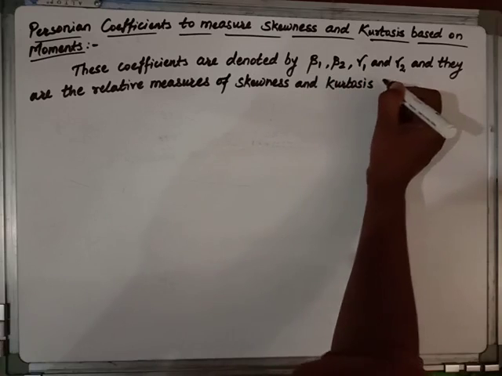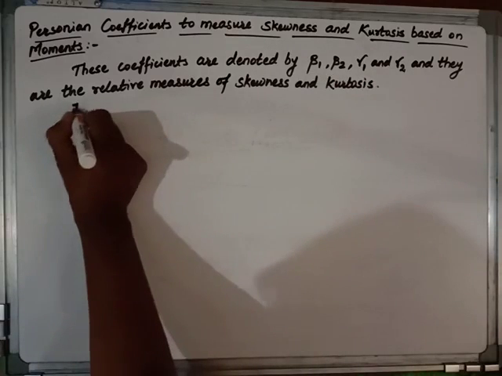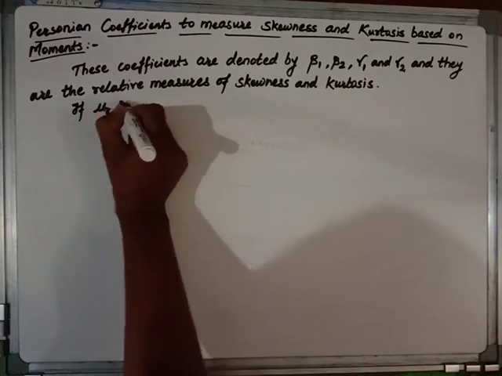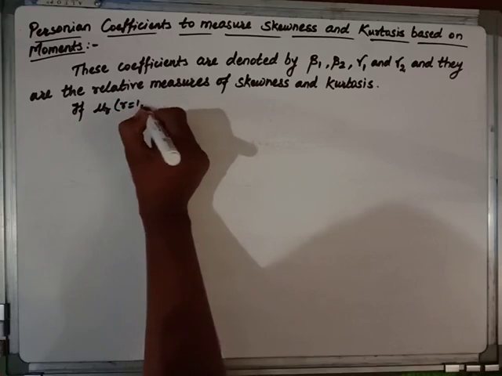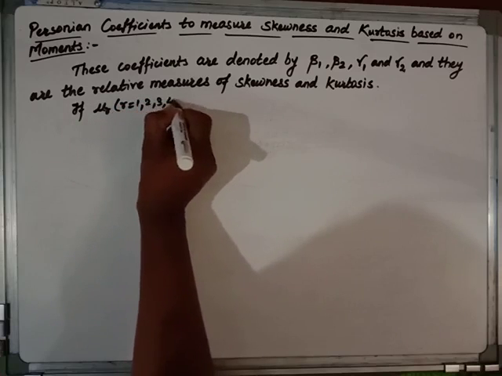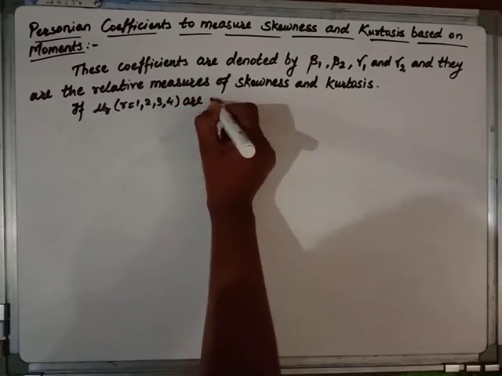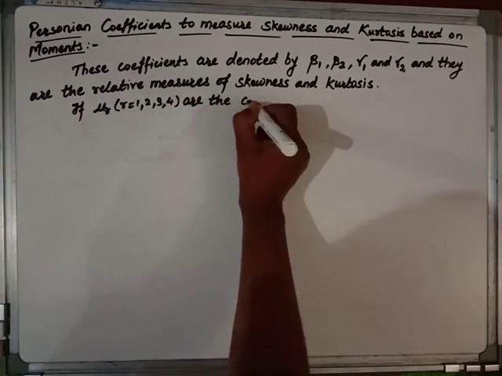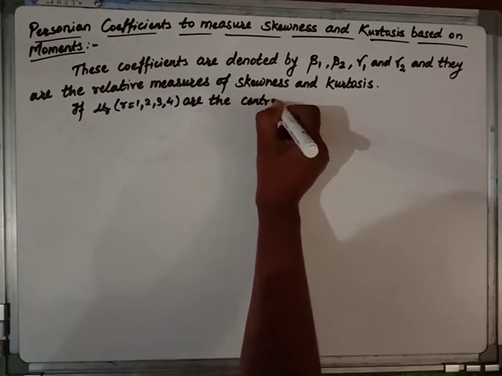If mu r, that is r equal to 1, 2, 3 and 4, are the central moments,